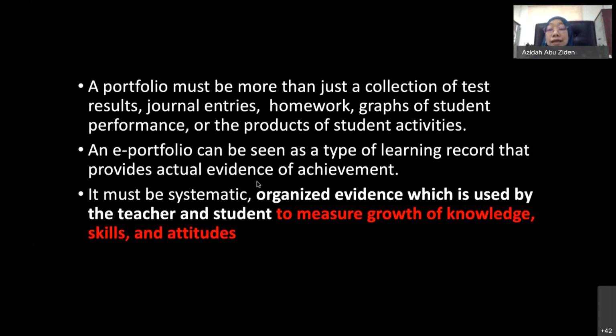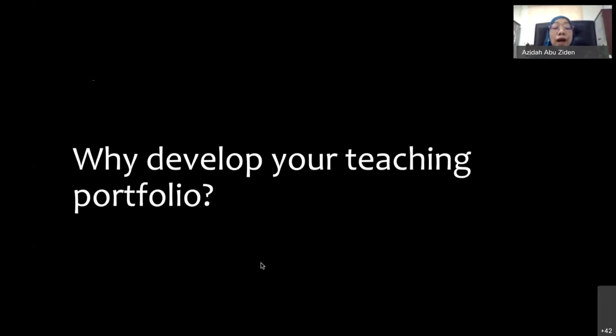It is not just like a CV, because in the CV, you don't describe everything. You just put the evidences without any further explanation. However, in a portfolio, you need to explain, all right? So why are you here today, actually? Why do you need to develop your